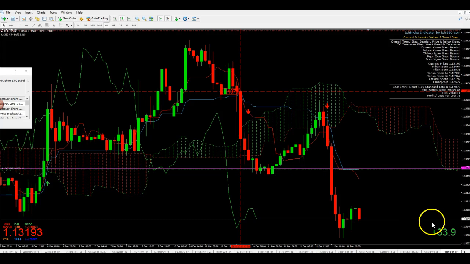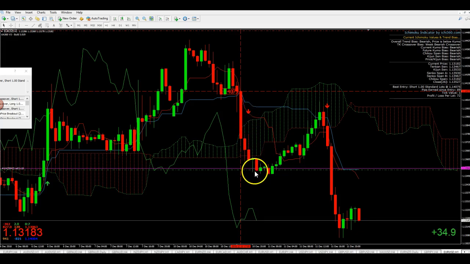Very effective indicators. Even as you can see here, you can see an arrow pointing down. You can see another arrow. This arrow basically alerts me when there is a Kumo break, when there's a price breakout. So when this price broke out, this would be painted on the chart, as well as I will receive an email, if I'm out and about for some reason, I'll receive an email on my phone, basically to alert me that the Kumo has just broken